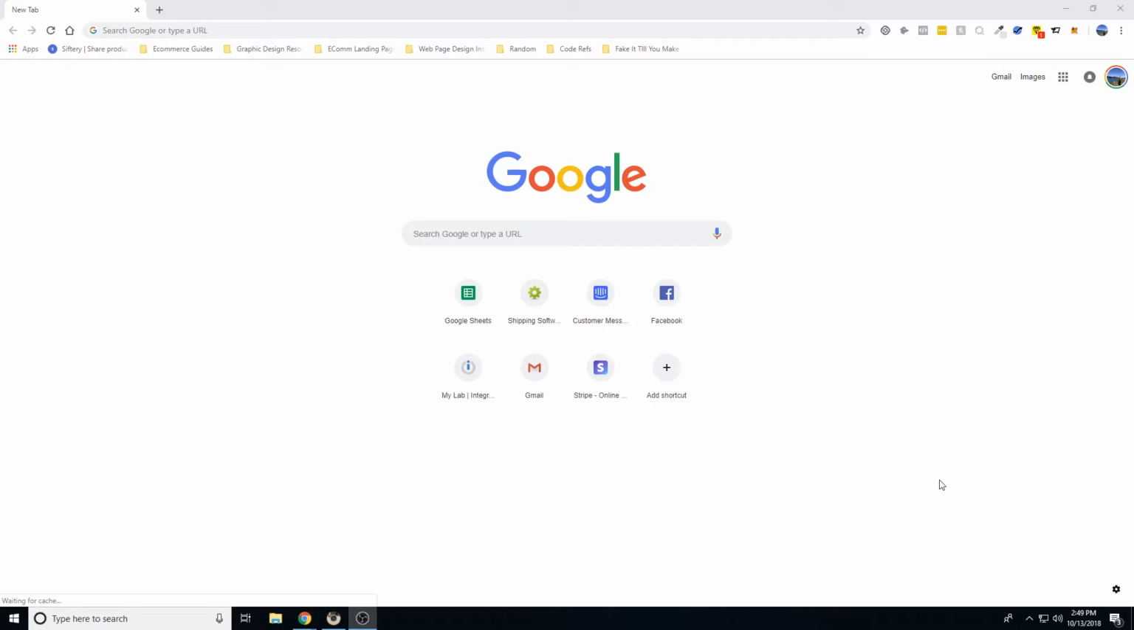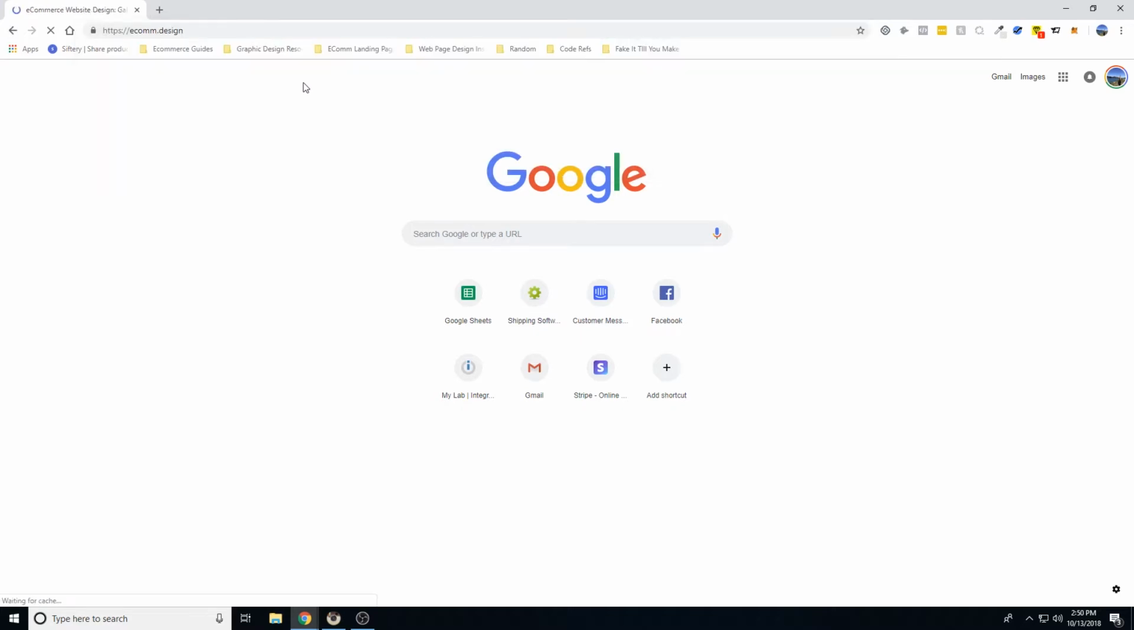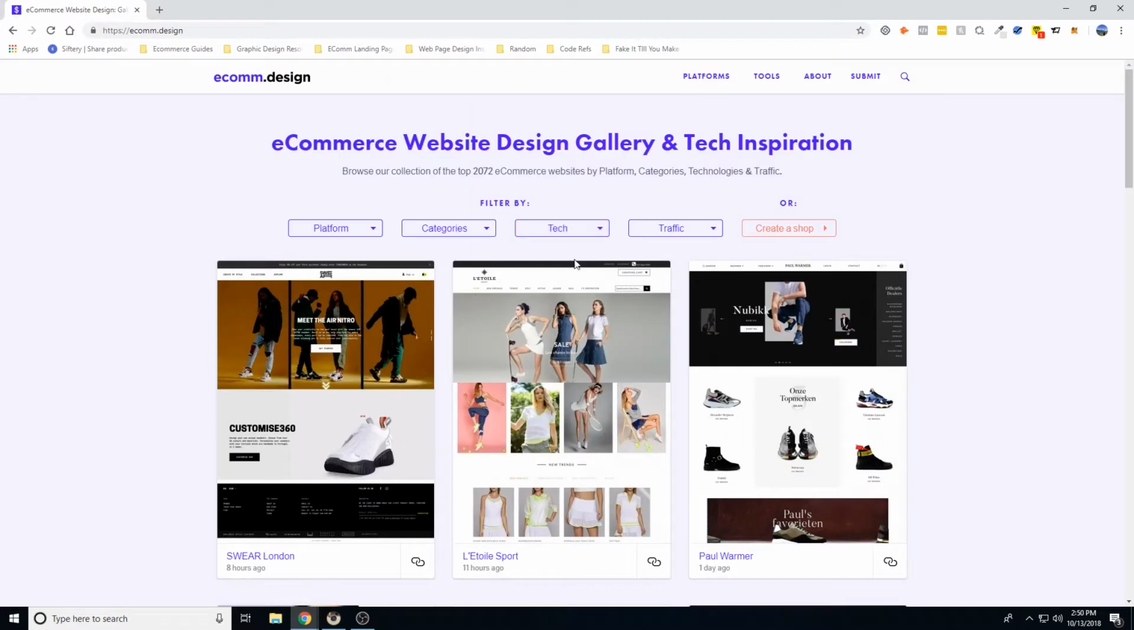So when I have already established what I want to sell and I have a good idea of the product and the brand I want to create with this product, I go and try to find some inspiration. The best place that I've found is a website called Ecommerce Design. This is basically a curated list of websites based on category